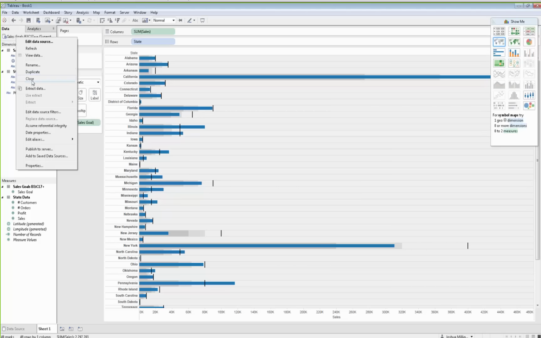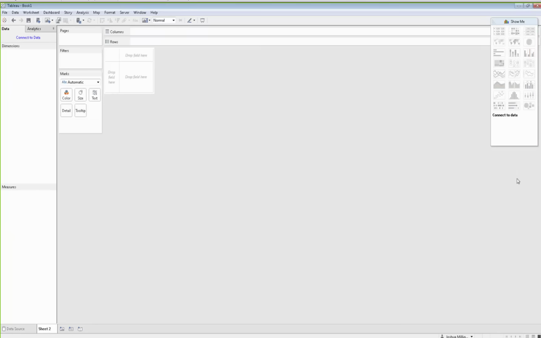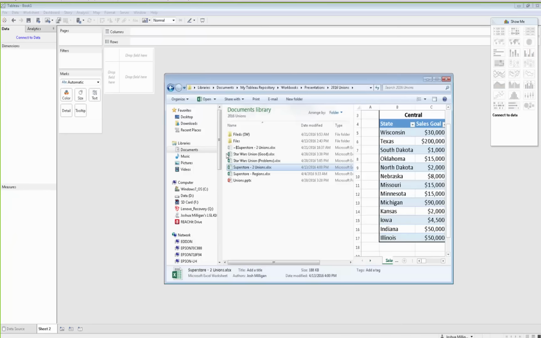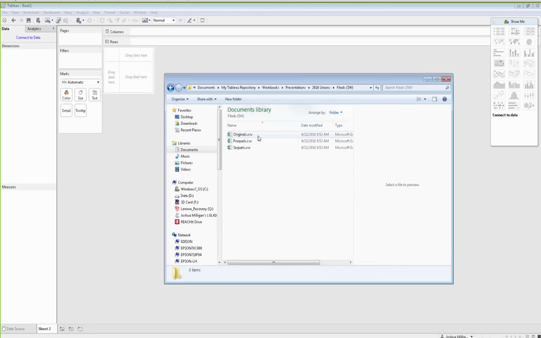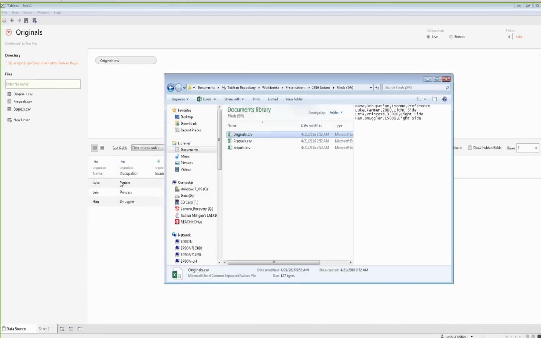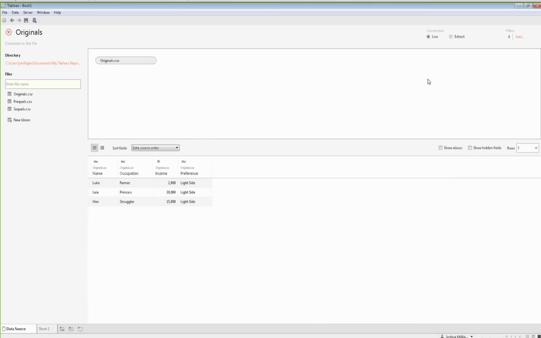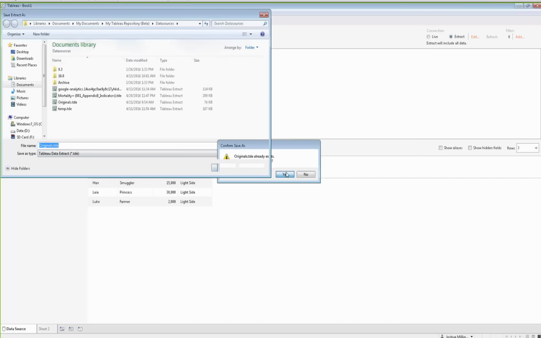potentially doing what we used to have to do, which is something like this. So if I go in here and I look at my files, here what I've done is I've got that original spreadsheet that we looked at that was rather simple, but I've got each one in a separate file. So I could use the new feature of union, but let's pretend like this was a data source where I was able to connect to one part of it, and the other subsets are separate. But I can extract the data, so I'm going to make it an extract, and we'll come in here to sheet 2. We'll save this,